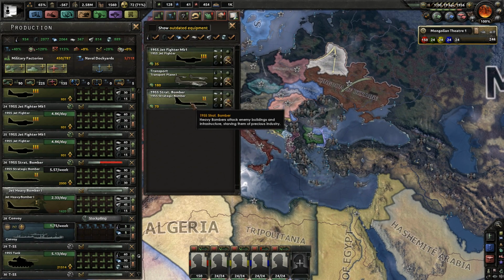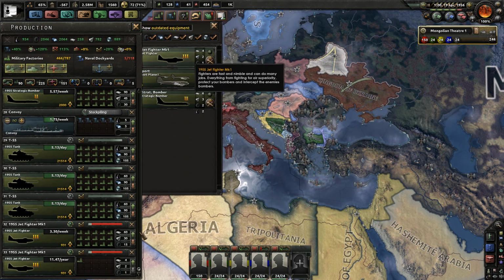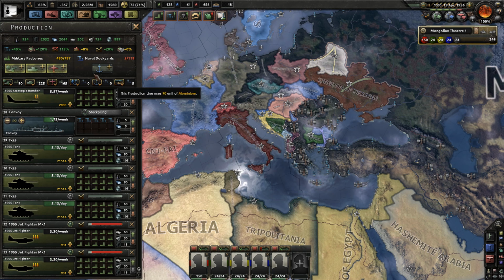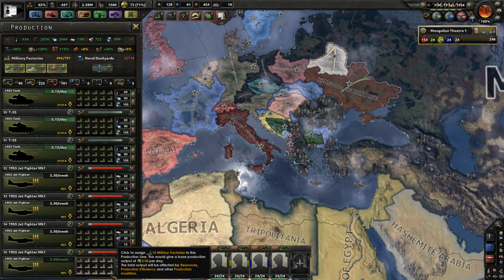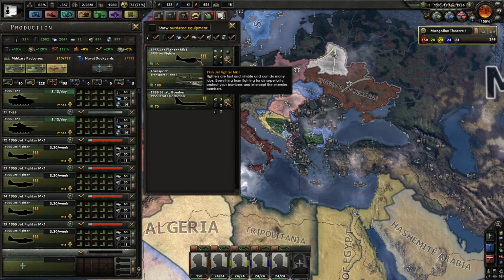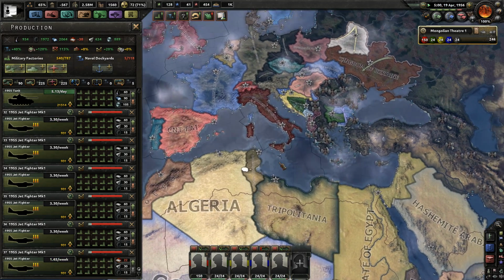Right, strategic bombers 2, and I think we can add in some jet fighters 3, because I think the air war is going to be a lot more important than the ground war. We're just going to dig in with our soldiers, and we are going to need...